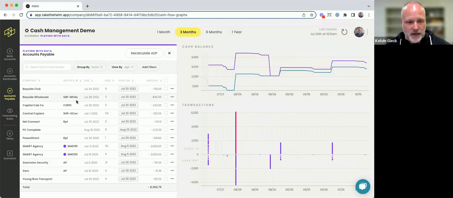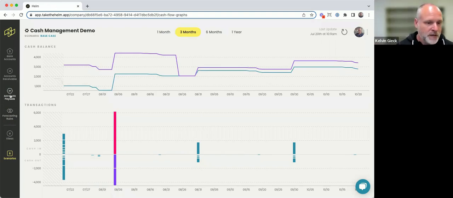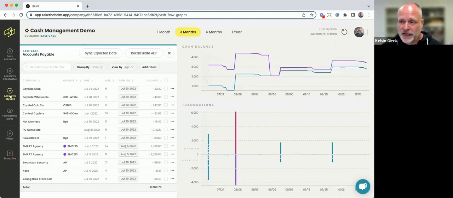So in that same vein, I'll just have to switch back to, sorry, my base case here. We built Helm to be very efficient and very seamless in terms of the cash management process. You can see that through the examples that we've just walked through. But in terms of accounts payable, we've integrated this system with other tools to help take the load off people on the cash management process in general. So it's not just the planning and the decision making, it's also the execution of the actual cash plan.